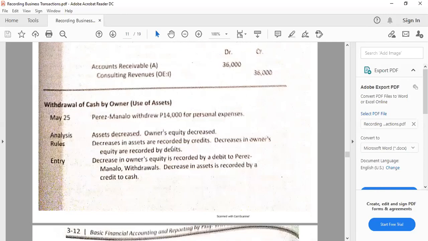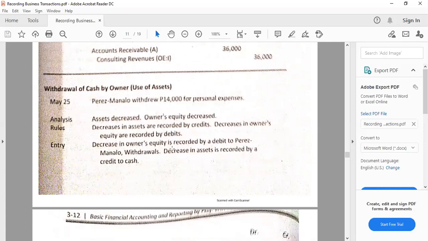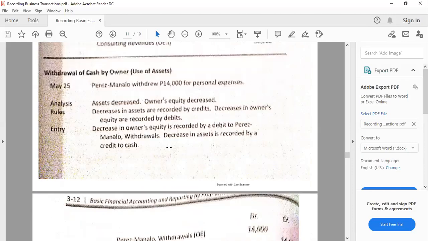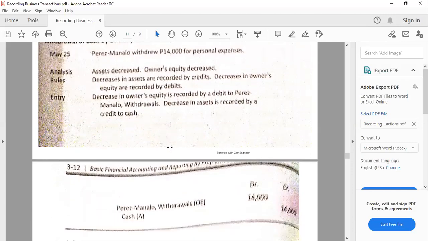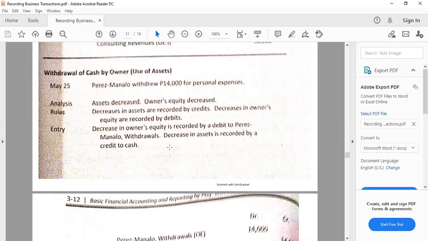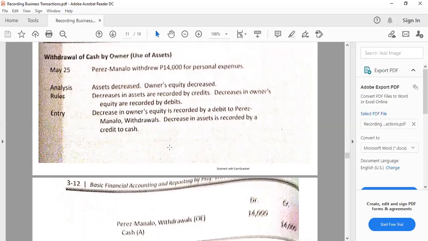Next, the withdrawal of cash by the owner, the use of assets. In this case, we assume again that this is on the part of the business. So it is the business that received the withdrawal coming from the owner. In that case, we are going to debit the withdrawal account, Perez dash Manalo, withdrawals 14,000, and we are going to credit the cash account at